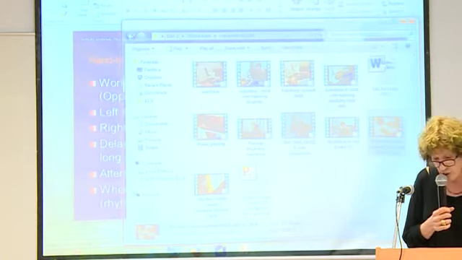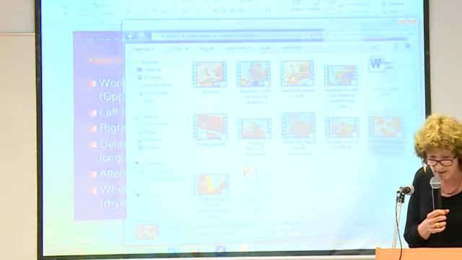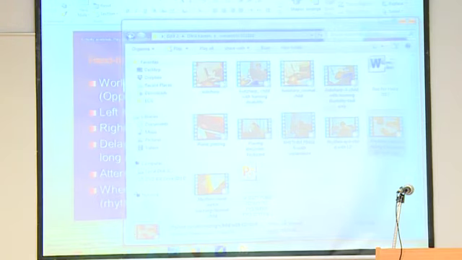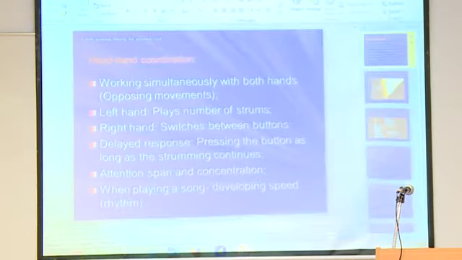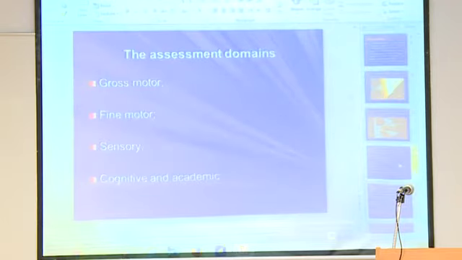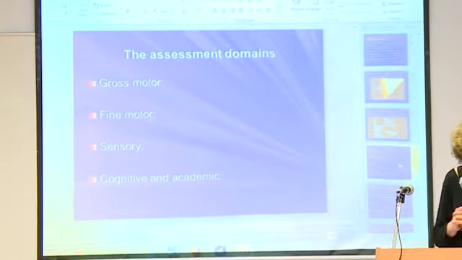I'd like to say a few words about the areas of this assessment, its benefits, as well as thoughts about future research. Okay, the assessment domains are,